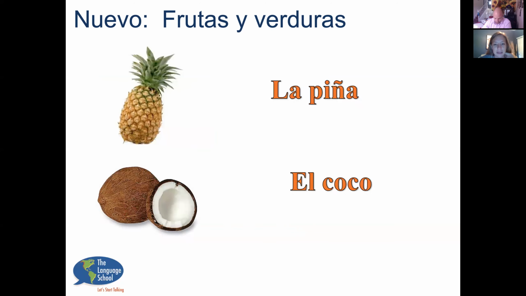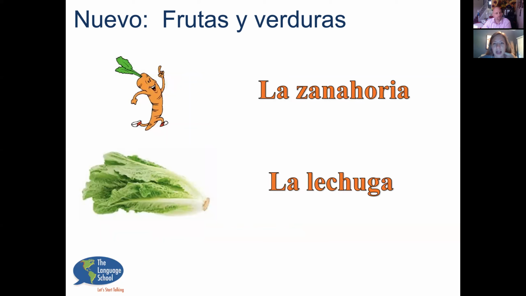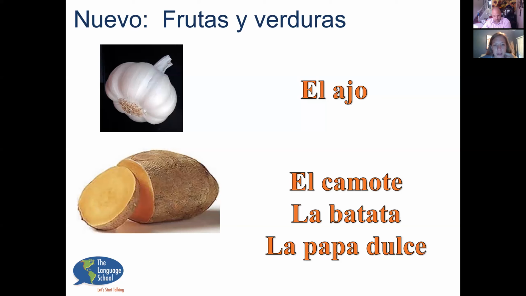la piña, el coco, las uvas, la pera, la zanahoria, la lechuga, el tomate, la papa, el ajo, el camote,